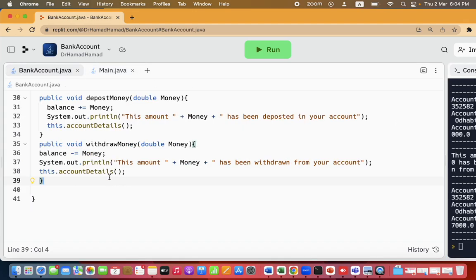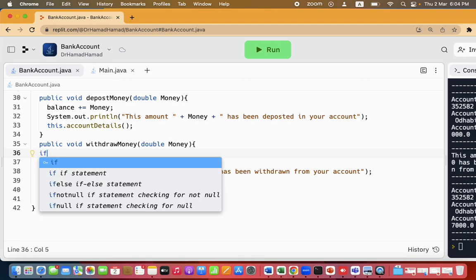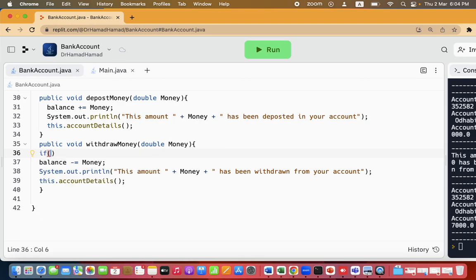Okay, if I come here, I can add a condition and say if money is more than balance, or let's say less than balance here, and we can withdraw the money if it is less than balance. And let's push this one